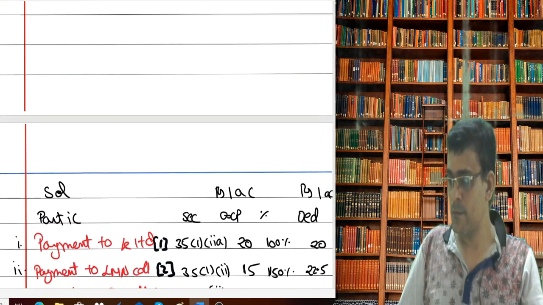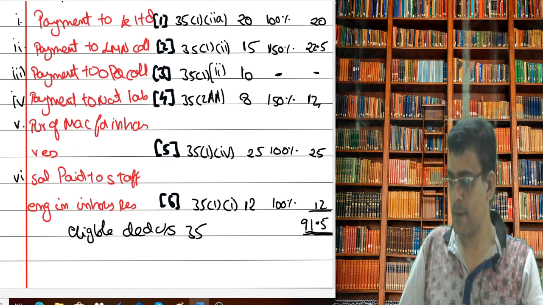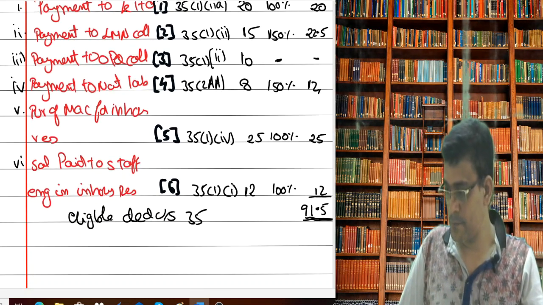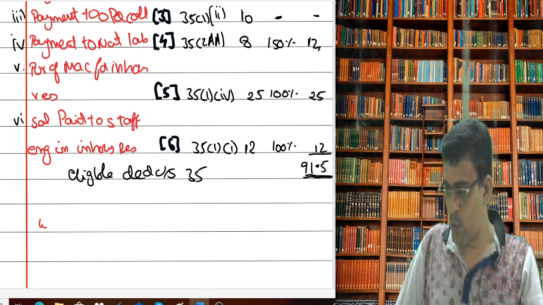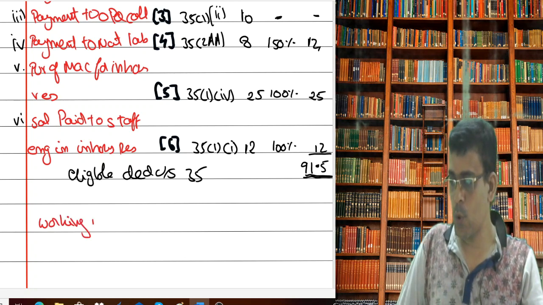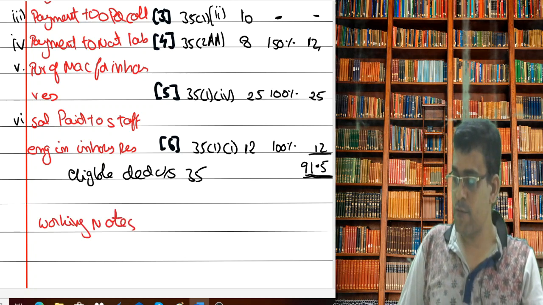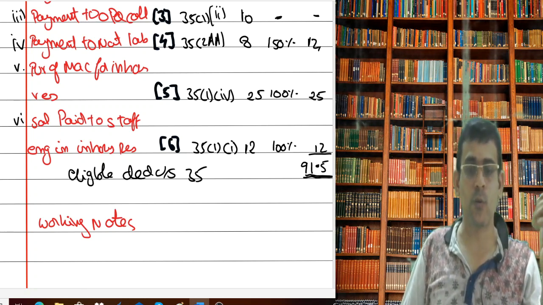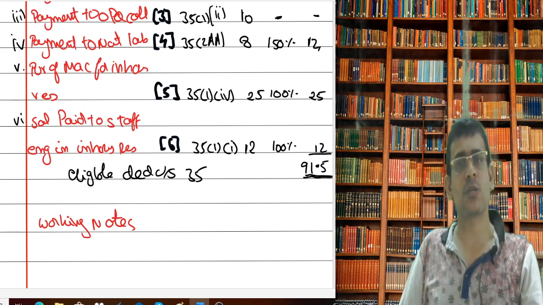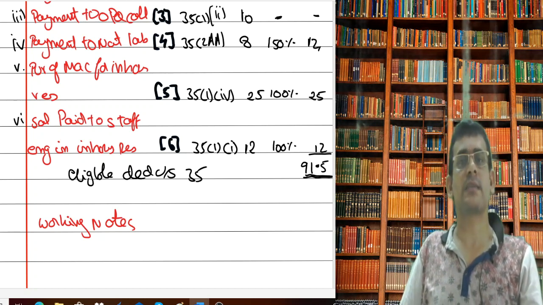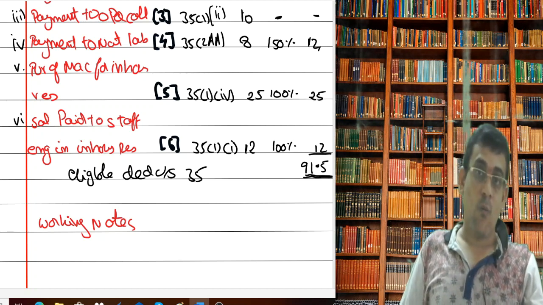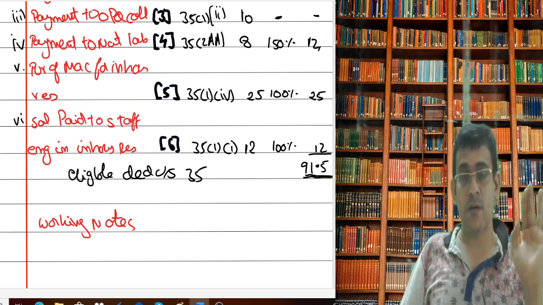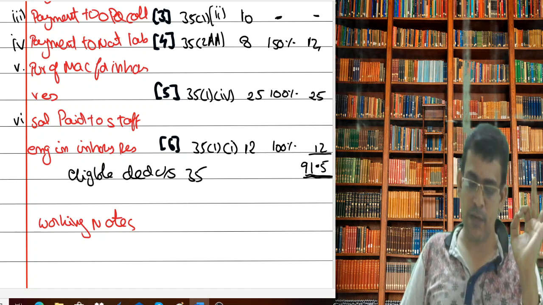Working notes. So now I will explain you how to write the working notes basically. In total, you should have 6 working notes. First working note is about what? Payments made to a company. What the act says, any sort of payments made to a company is allowed as deduction under section 35 subsection 1 clause 2. The act says that 100% of the expenditure is allowed as deduction. That's what is your first working note.